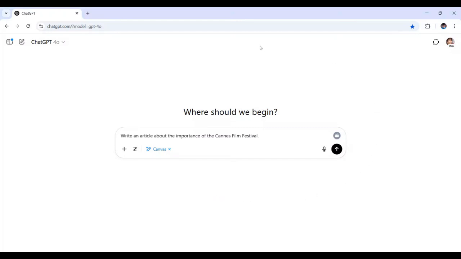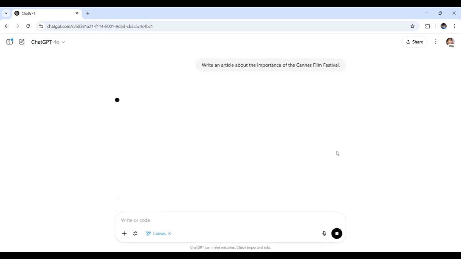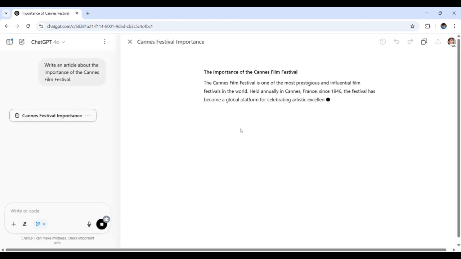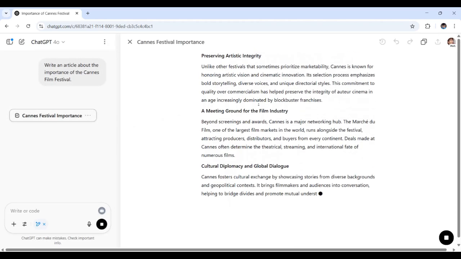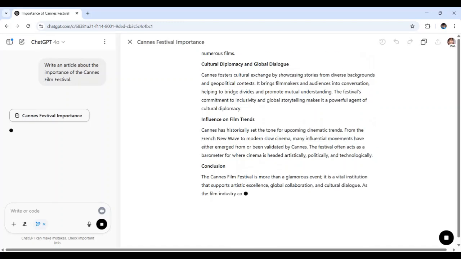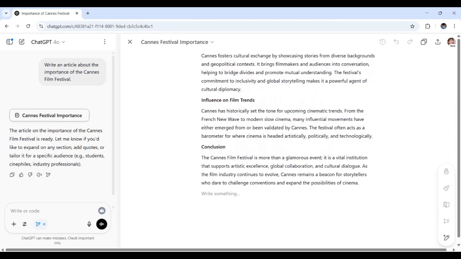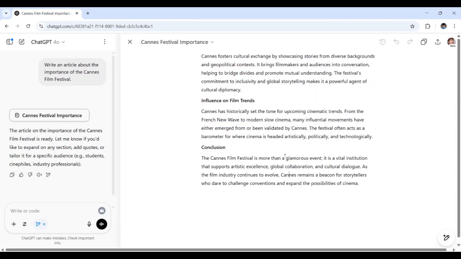So if you've ever stared at a sentence thinking, oh, this could be better, but I don't know how, well, then this video is for you. Today I'm going to show you how to highlight and rewrite sentences directly in ChatGPT Canvas right over here. Whether you're aiming to tighten your phrasing, change the tone, or clarify ideas, we'll walk you through exactly how. So grab a paragraph and let's make your sentences shine.